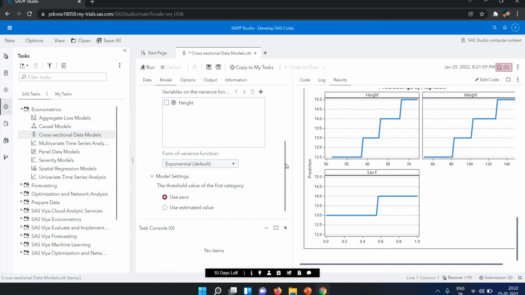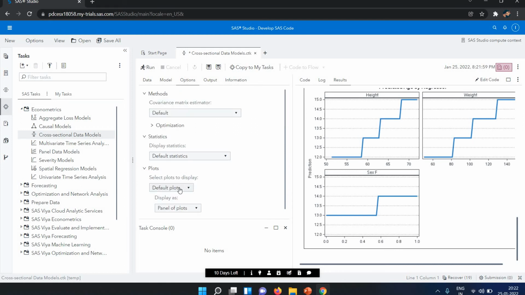So if we are looking at the options, in the options we have default plot and selected plot. If you are looking for the selected plots only, individual plots are also available, so we can select them. And for the method, we have many methods, same as in the linear regression. Okay, so I selected both